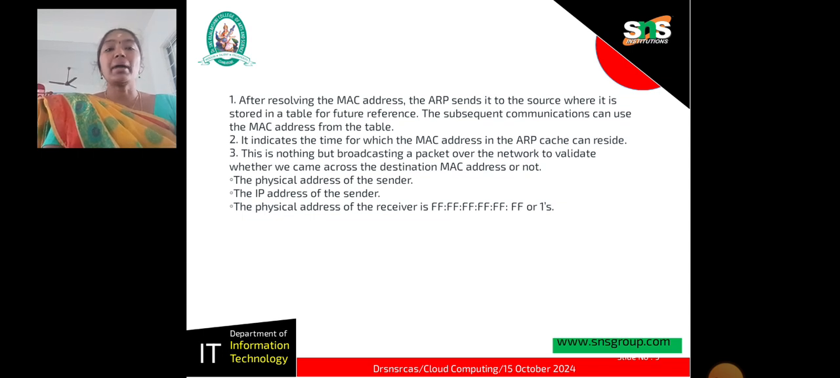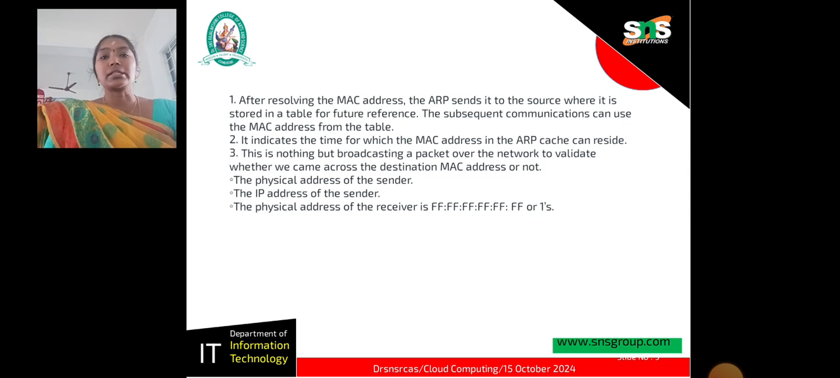After resolving the MAC address, ARP sends it to the source and it is stored in the table for future reference. At the same time, it will be stored in the